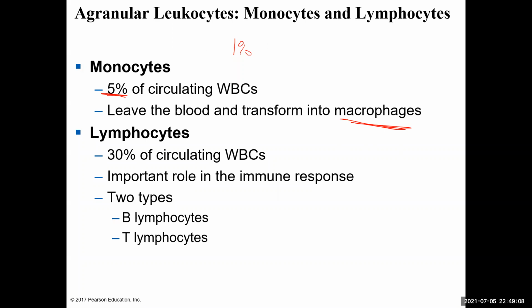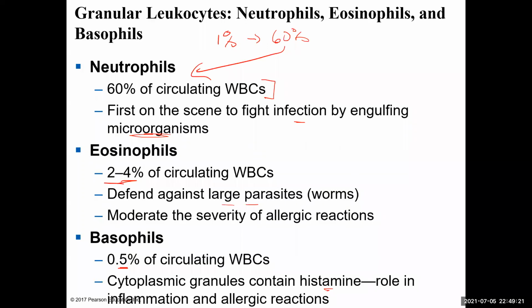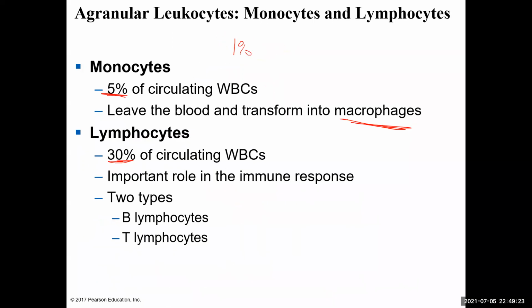The other agranular leukocyte are lymphocytes. This is the second highest white blood cell, second to the neutrophils, which is at 60%. So lymphocytes are 30%. Together, the neutrophils and the lymphocytes make up 90% of the white blood cells. The other 10% are